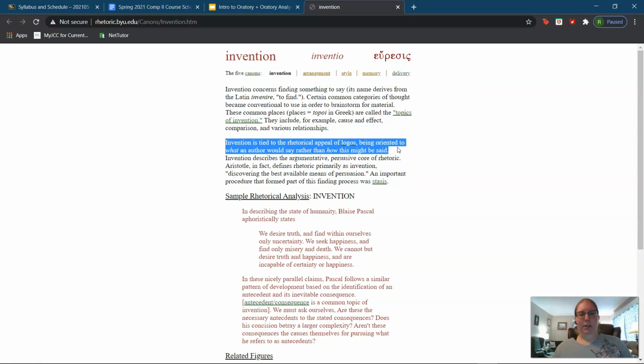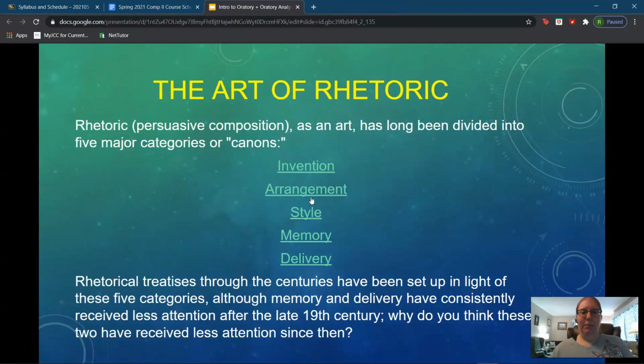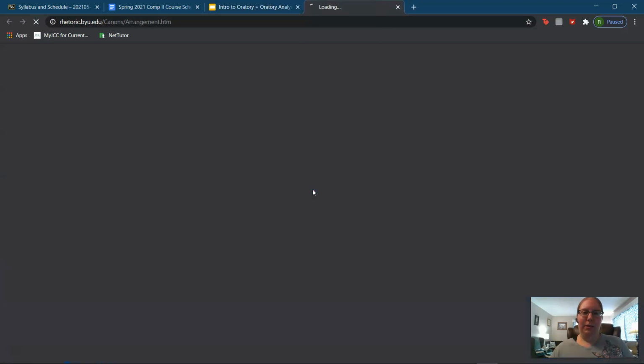So with that said, invention is tied to the rhetorical appeal of logos, or being oriented to what an author would say rather than how that might be said. Invention describes the argumentative, persuasive core of rhetoric. Aristotle, in fact, defines rhetoric primarily as invention, or discovering the best available means of persuasion. So keeping that in mind,